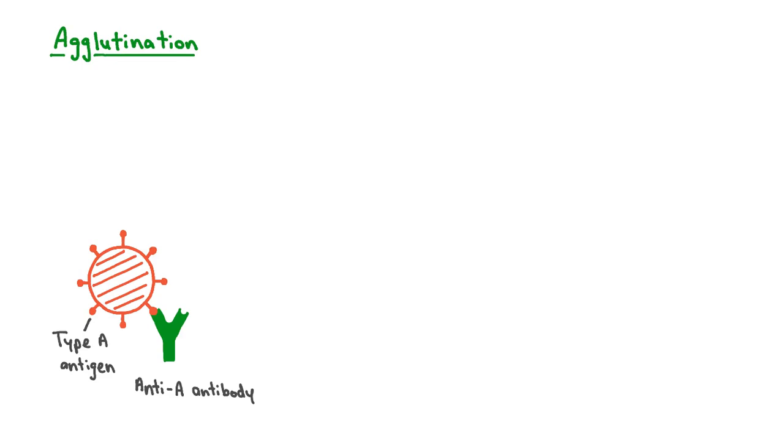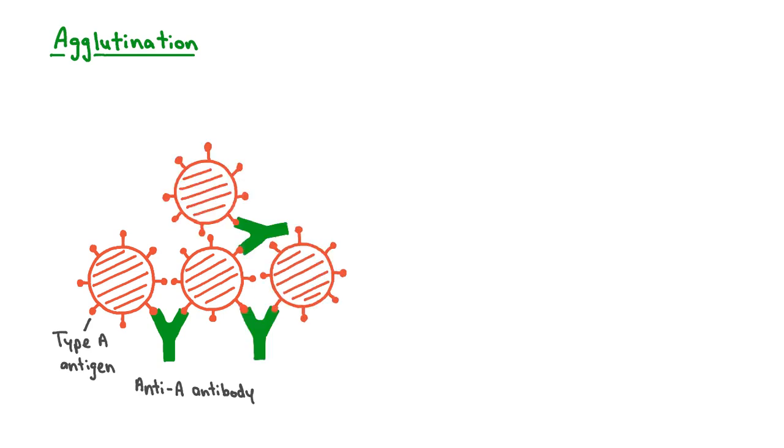As mentioned, anti-A antibodies will bind to the type A antigen found in someone with blood group A. Notice that this antibody has another site to bind antigen. And, of course, multiple antibodies can bind to antigen on multiple red blood cells. By forming these complexes between the red blood cells and the antibodies, the blood will begin to clump or agglutinate. So, to determine what blood group a person has, we can simply take some blood and mix it with anti-A